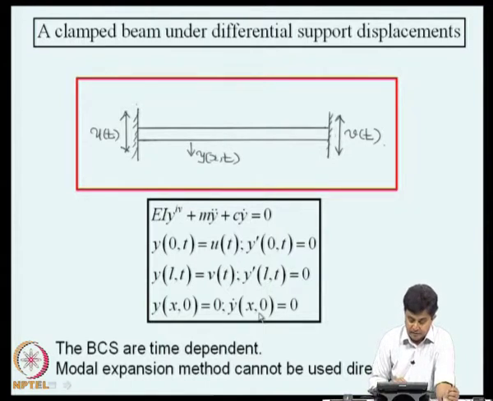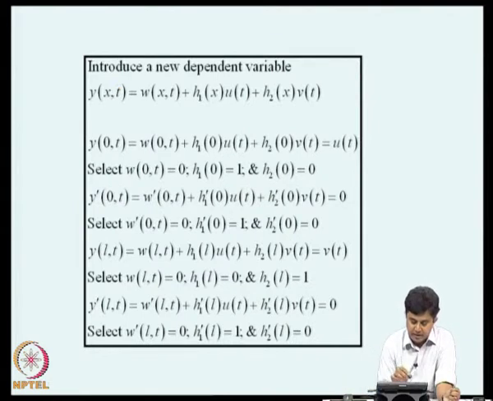Now, a complicating feature here is that the boundary conditions are time varying. So, consequently, we will not be able to use the eigenfunction expansion method to solve this problem. So, we overcome this difficulty by implementing a transformation of the dependent variable, and we introduce a new dependent variable w and